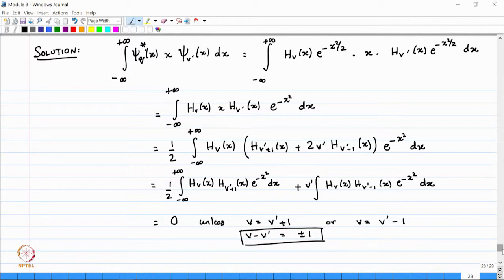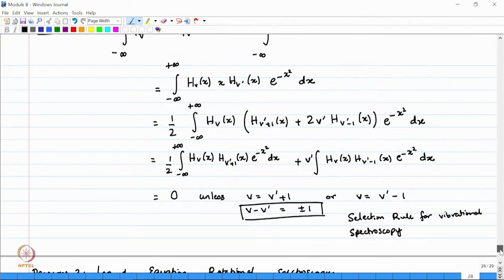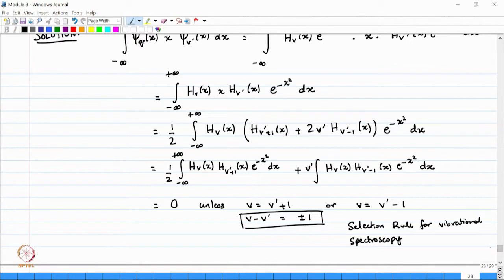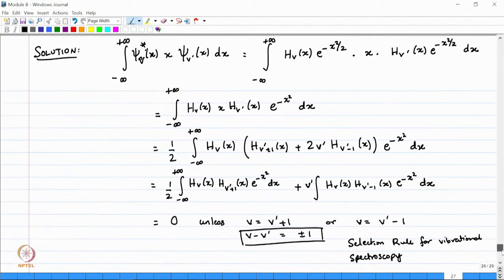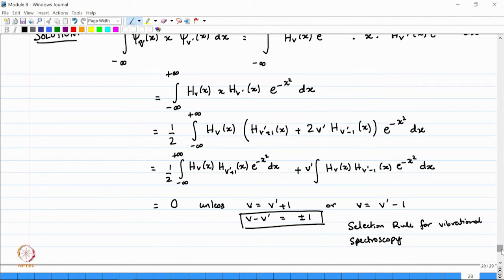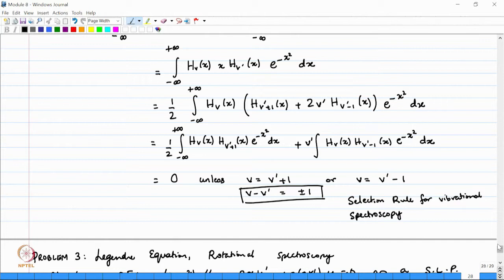So, this is the selection rule for vibrational spectroscopy. So, under the harmonic oscillator approximation, in vibrational spectroscopy, you will not have a vibrational spectrum, so this transition dipole moment integral will be equal to 0 unless you have this condition. So if you do not have this condition, you will not have any spectrum. So if this transition dipole moment goes to 0, then there is no spectrum. So the condition for having a spectrum is that your v minus v prime should be plus minus 1,